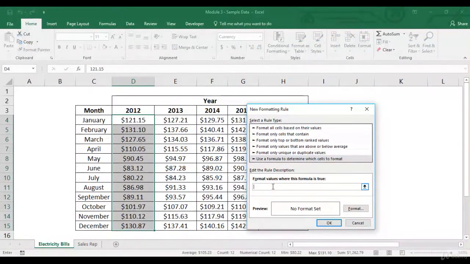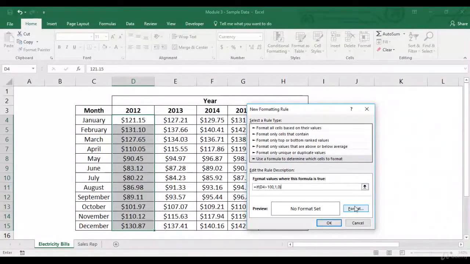All I need to do is write the formula for the if condition. I'll press F4 twice so that I am able to remove that dollar sign. Greater than 100. If true, then do the formatting. If false, then don't.